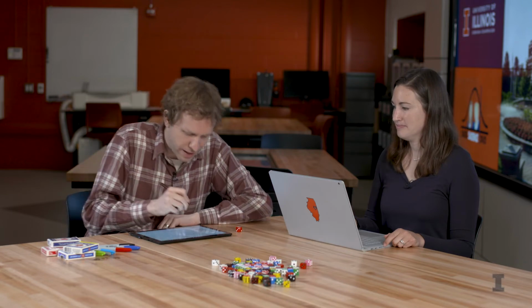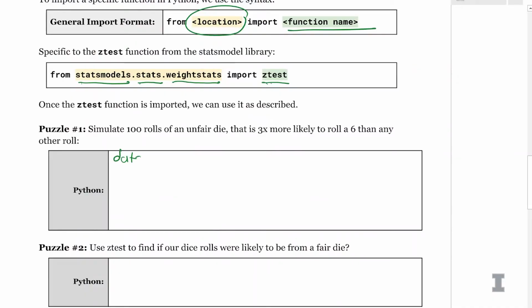Perfect. So I'm going to write a simulation that simulates rolling an unfair die a total of 100 times. I'm going to write my classic simulation. So data is equal to square brackets, for i in range 100, to run the simulation 100 times.